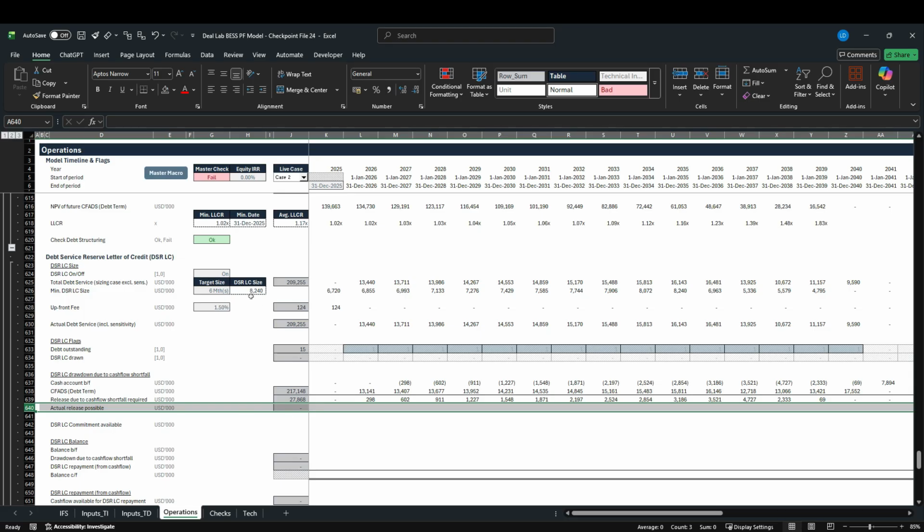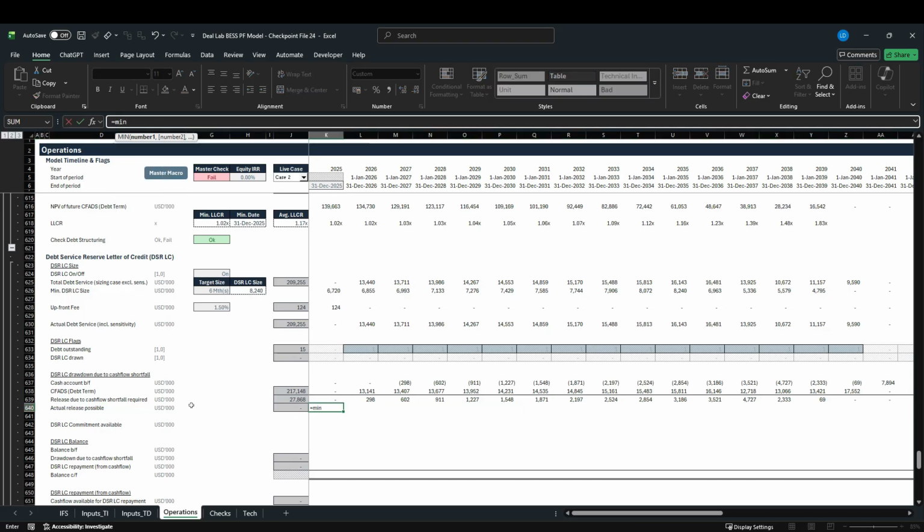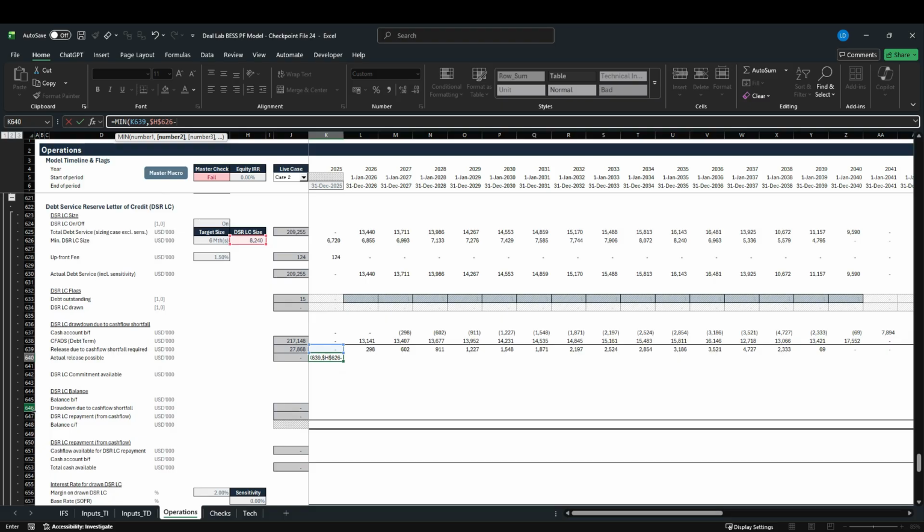Now obviously we only have 8.24 million available, so we cannot draw indefinitely. And then this is going to equal the minimum of our release due to cash flow shortfall required, and then the second number is our DSR LC size in H626, hit F4, minus, and now we look at our DSR LC balance, which we haven't modeled yet, and we'll pick up our